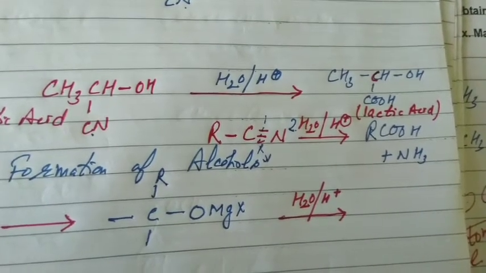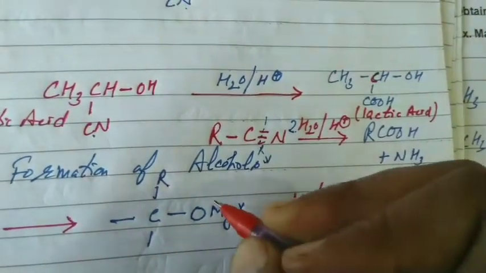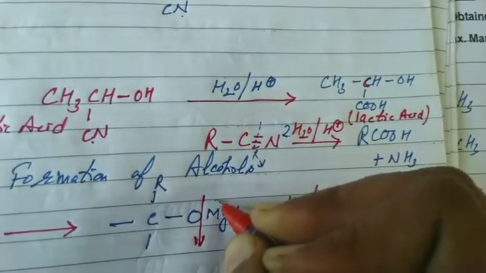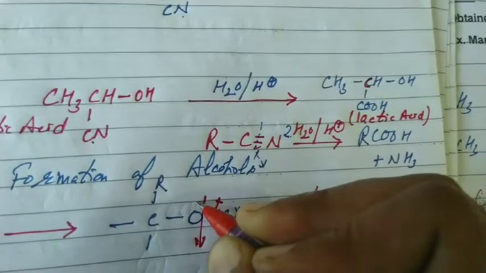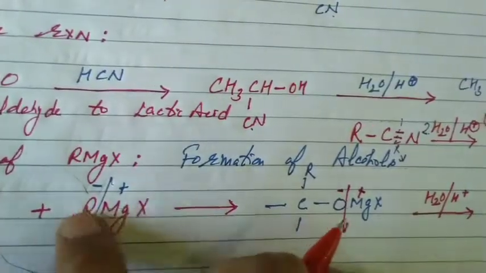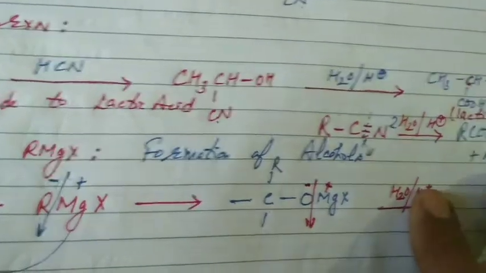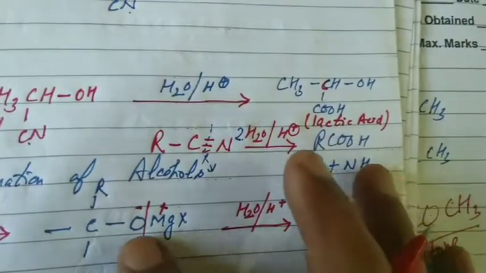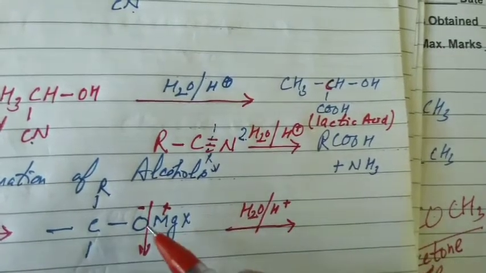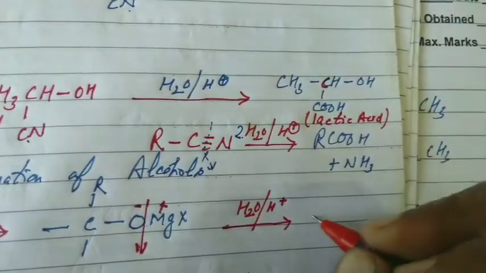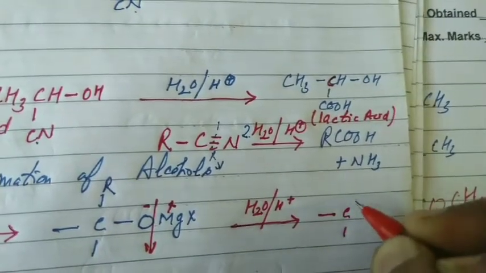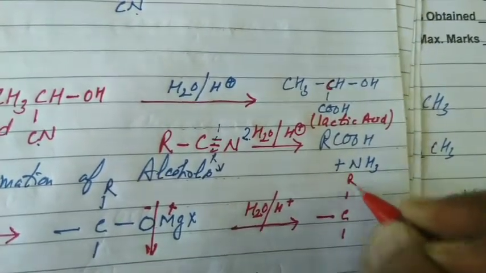What happens in the second step? Breakage of the metal-oxygen bond takes place. When the metal-oxygen bond breaks, metal will acquire positive charge, so oxygen will definitely, vice versa, be negative. At first, breakage of the metal-carbon bond proceeds, and in the second step, breakage of the metal-oxygen bond proceeds. Oxygen acquires negative charge, water contains H and OH, H will attack on oxygen. When H attacks on oxygen, definitely we get the product as alcohol.